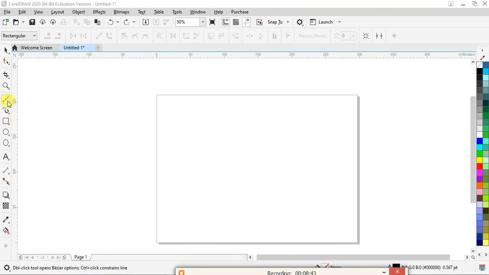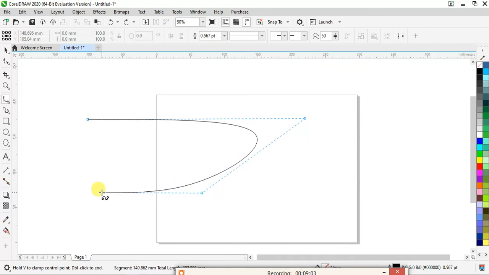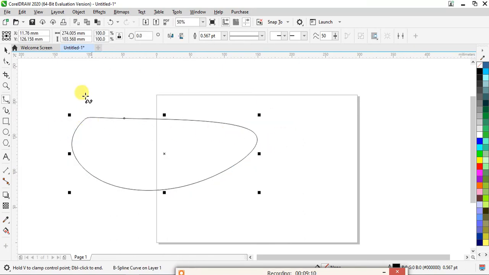Now the next tool is your B-spline tool. What does it do? Basically, the B-spline tool is used for curving purposes. It is used for objects which have many curves. Let's say for example I am clicking here and I am clicking one line. When I go down, it automatically takes my curve. Let's say I want this curve. Now when I go like this, it will take my curve. It won't give me a straight line, it only gives me curves. I'll click here. Now you can see one curved object, it will always give you smooth, curved results. This is how you can use your B-spline tool.